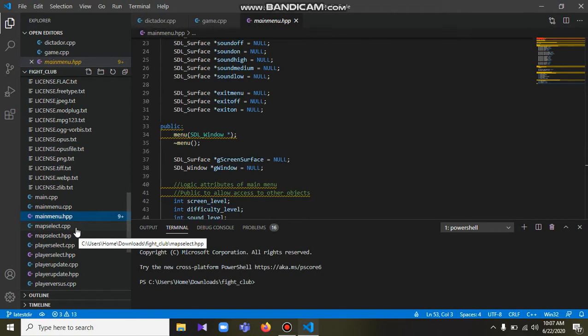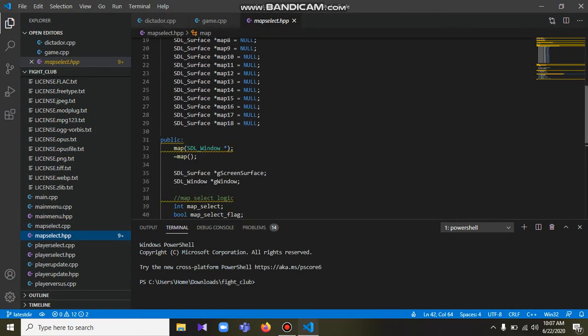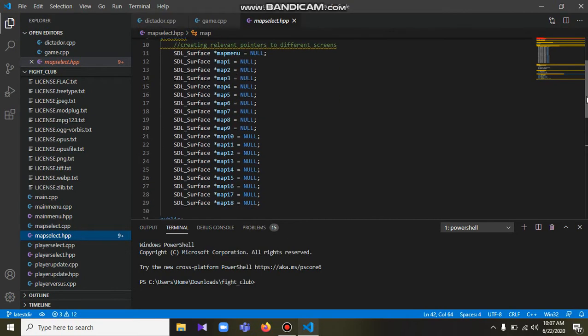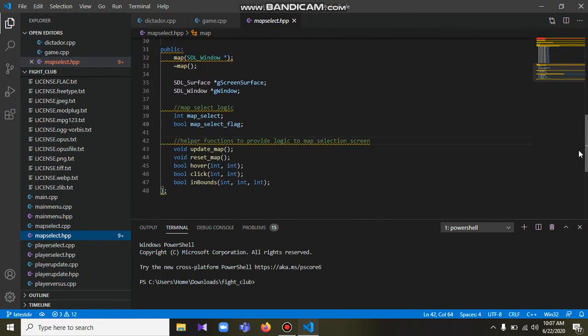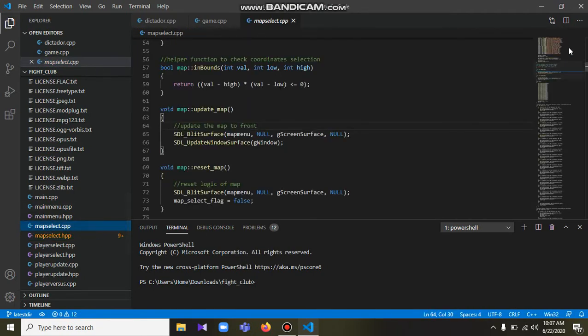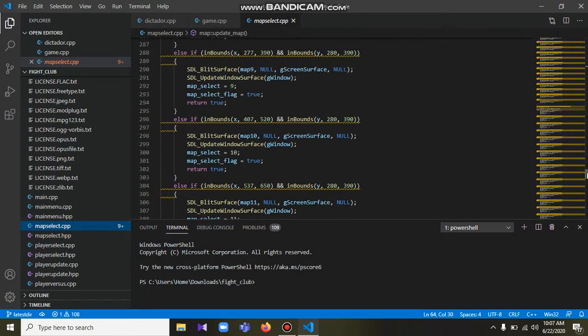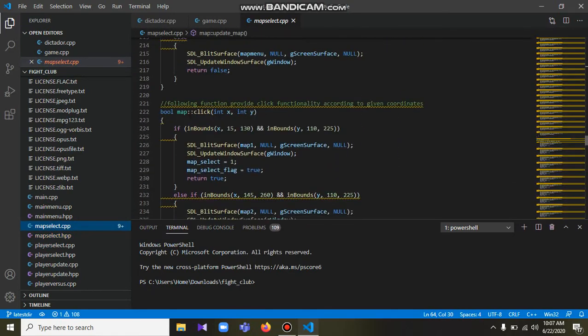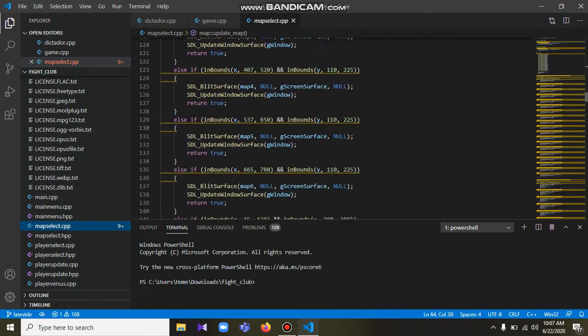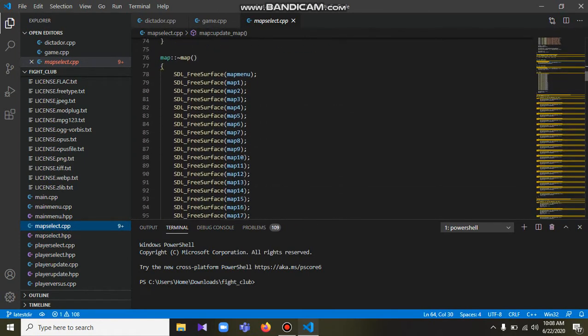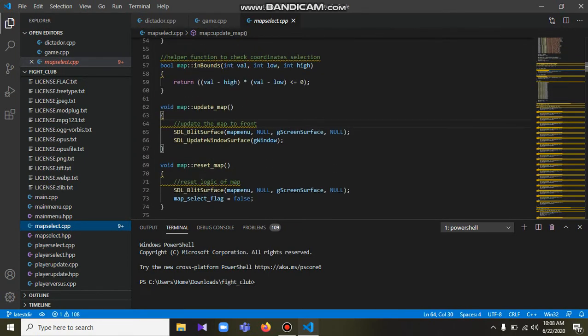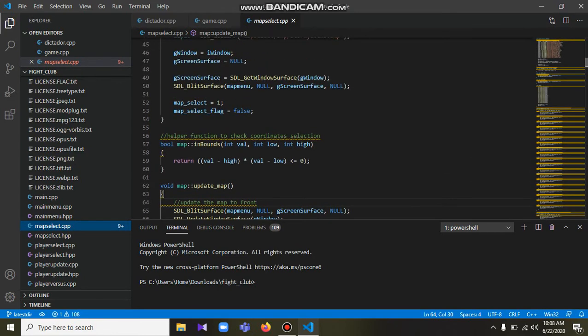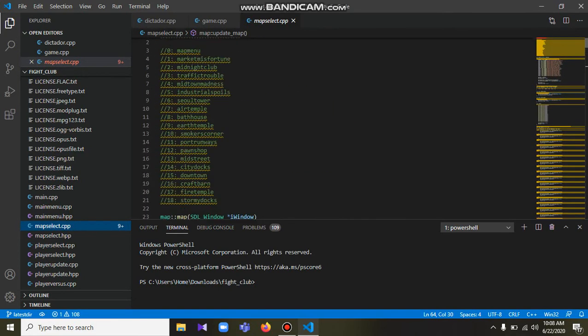Similarly, pretty much all the same things are done within the map select and the player select. For example, as you can see, we have the flags, we are loading the screens, the maps, then we have the logical attributes of the map selection screen, then the helper functions. Same, as you can see, we have here the hovering function and the click function. This is the destructor for the map selection screen, reset map, update map, and the constructor.